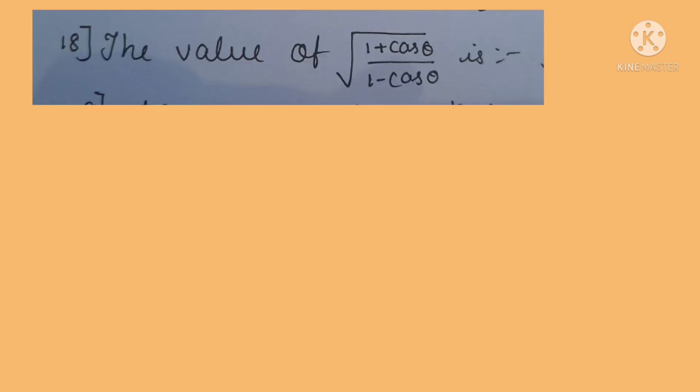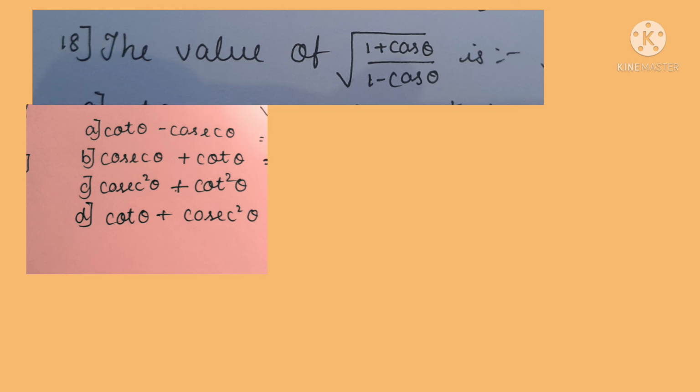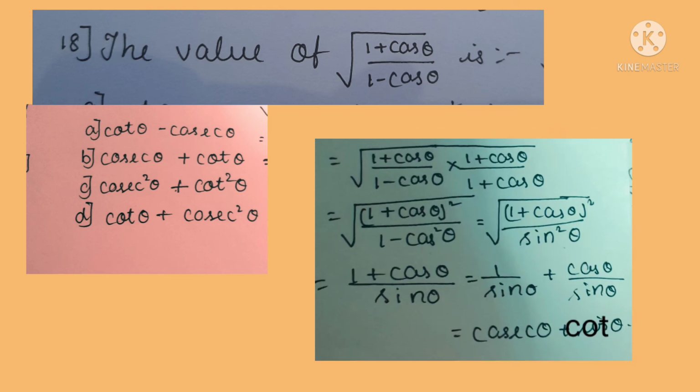Let's move to the 18th main question. Over here we need to find the value of root of 1 plus cos theta divided by 1 minus cos theta. Here we have written root of 1 plus cos theta divided by 1 minus cos theta. We just rationalize the denominator, so it will become 1 plus cos theta into 1 plus cos theta. I have just rationalized the denominator, and after doing the rationalization we just multiply the terms. So 1 plus cos theta into 1 plus cos theta is nothing but 1 plus cos theta the whole square,